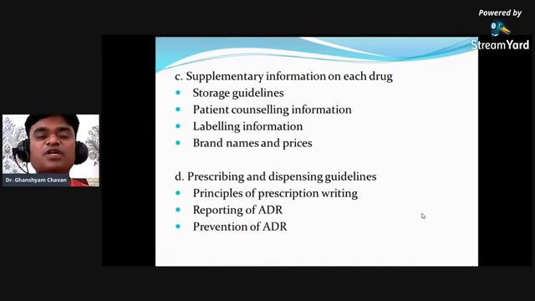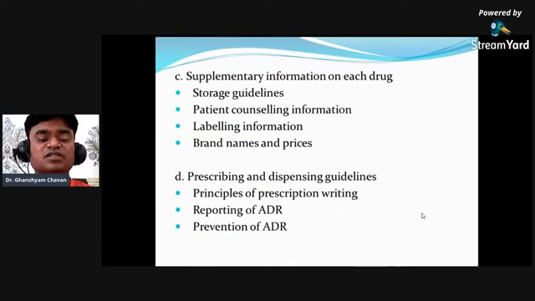After 1 month of treatment, the patient thinks that now he is feeling very well, and he just starts to skip the drugs, skip the therapy, due to which the relapse of tuberculosis will occur, and it will develop into MDR, which is very problematic. So in that case, there is a role of the pharmacist to do patient counseling, so that he will continue the therapy at the proper time and with proper food also.